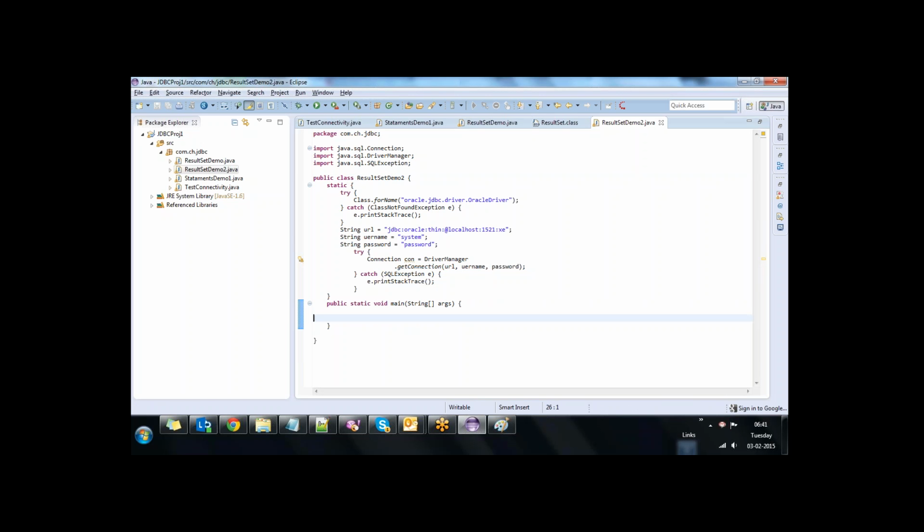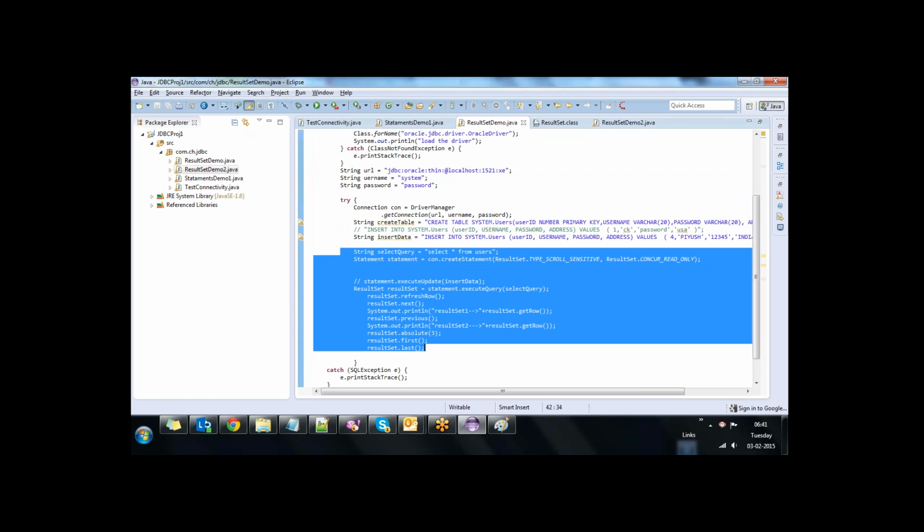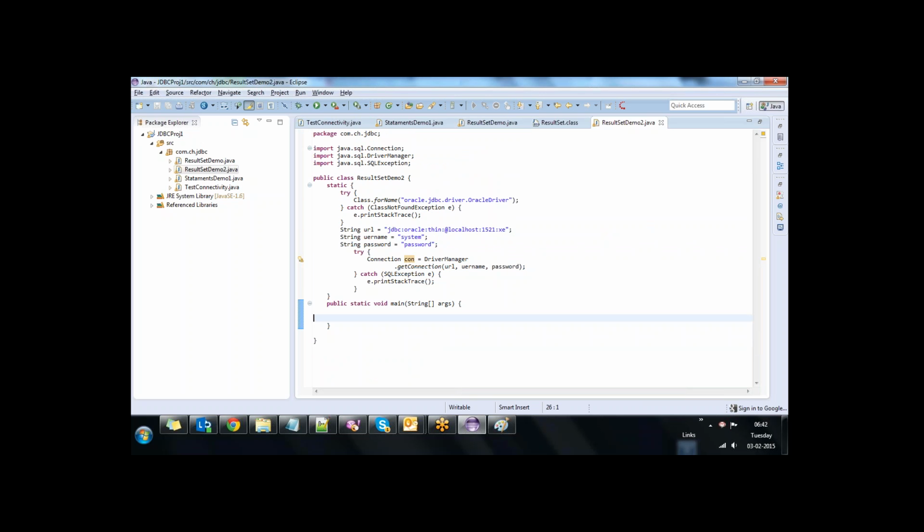Okay. Now here I got the connection object and I got the driver here. Now I just want to use only some data related to the select statement. Let me see this one. I want to get the connection and I want to use this statement. That's it. Now in the main method,